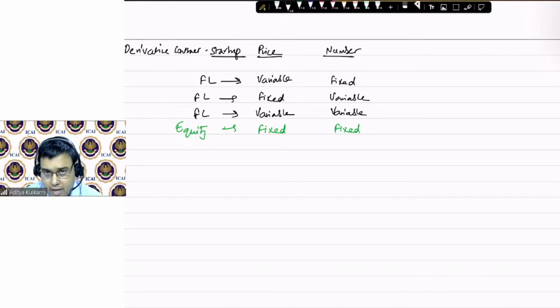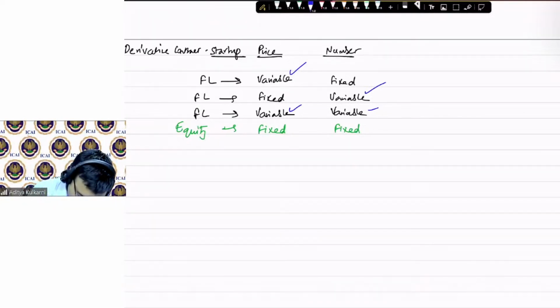Third one, is there an initial payment to be done? Answer is no. 5 crore is going to be received after 2 years. So the agreed price is 5 crores. Agreed price is the lump sum investment of 5 crores. Depending on that lump sum investment of 5 crores, either my price changes or the number changes, or both of them are changing. So in this case, the commitment is 5 crores, which is made.